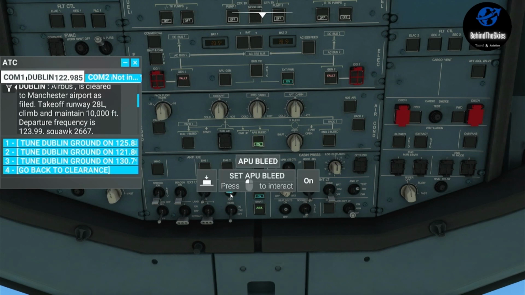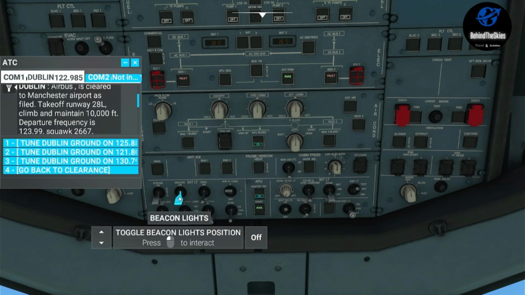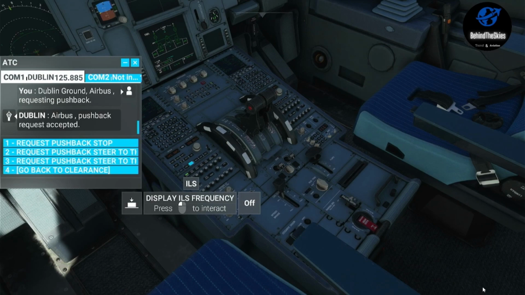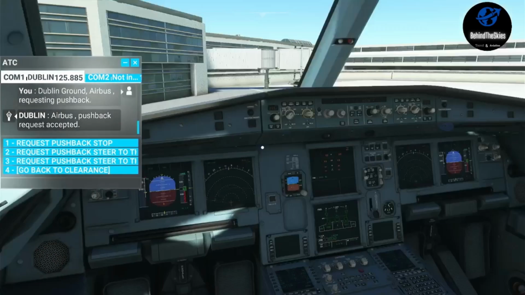Now you can turn on the APU bleed and disconnect the external power. You'll hear a few things go on in the background, but that is totally normal. Now we are going to call for pushback. So we can release the parking brake, which is right down here, and if we come over to the overhead